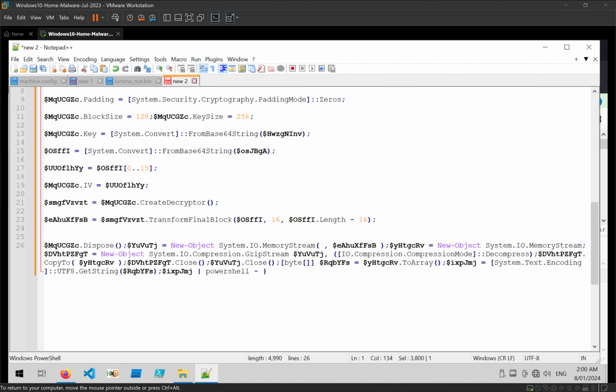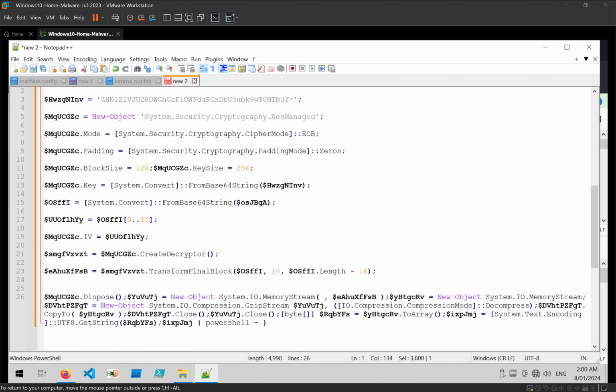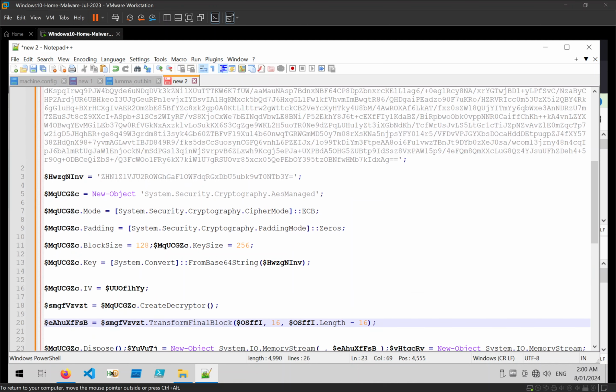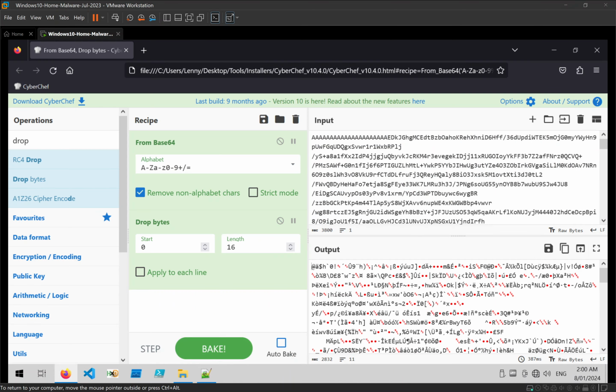If we go back to the script and look here, we can see that the AES encryption actually starts at an offset of 16 and finishes at an offset of 16 from the end of this. So using that knowledge,